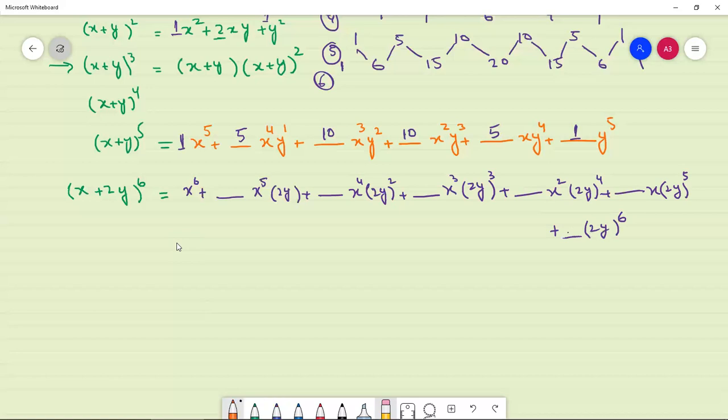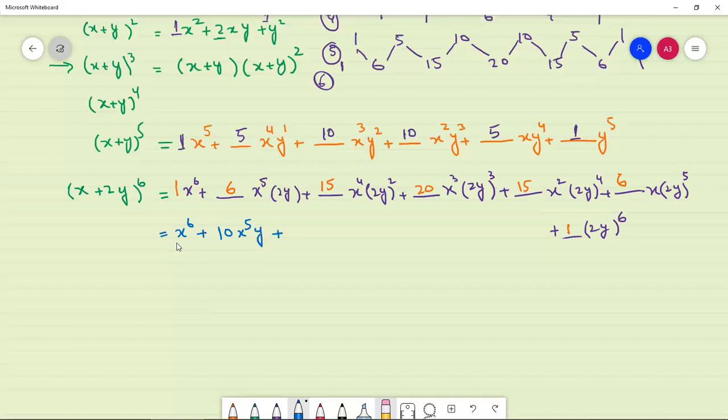So how can we put the coefficients from this? We have already made a Pascal triangle for x plus y whole power 6. So this would become 1, and the next is 6, 15, 20, 15, 6, and 1. And after that, expand this by using a calculator. This would become x power 6 plus 6 multiplied by 2, 10, 10 x power 5 into y plus